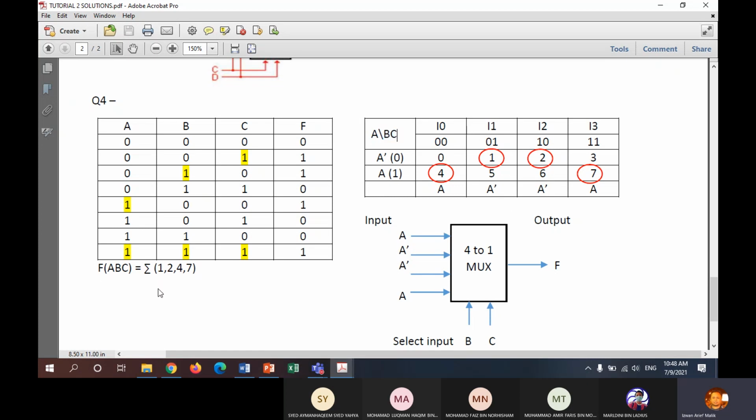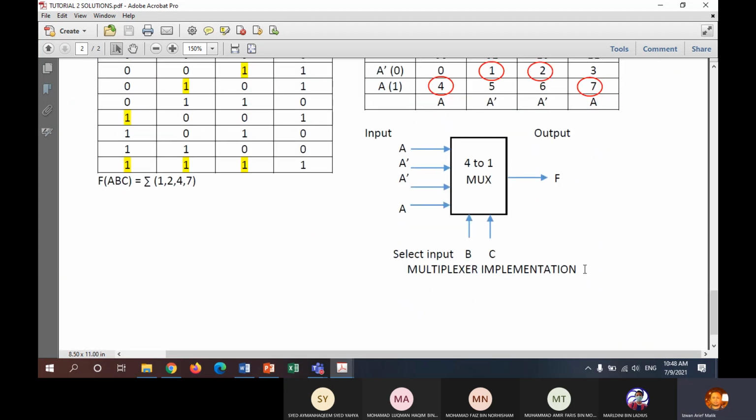Okay, so kita bulatkan nombor yang ada 1, 2, 4, 7. So for I0 only at A, so output dia jadi A. I1 dekat A bar here. I2 A bar as well. I3 A. Okay, so the solution using the implementation using multiplexer, draw the block diagram, then draw the